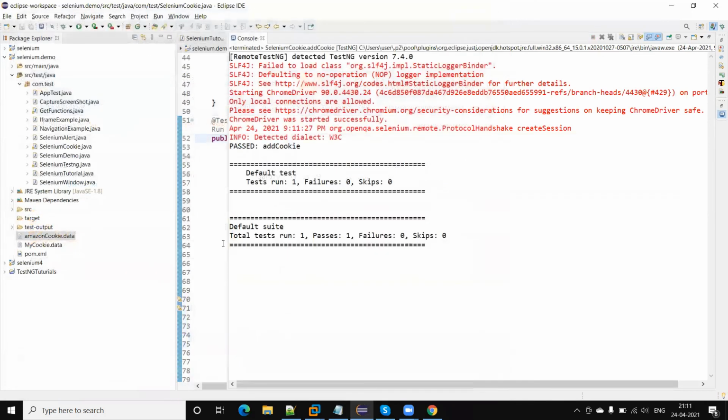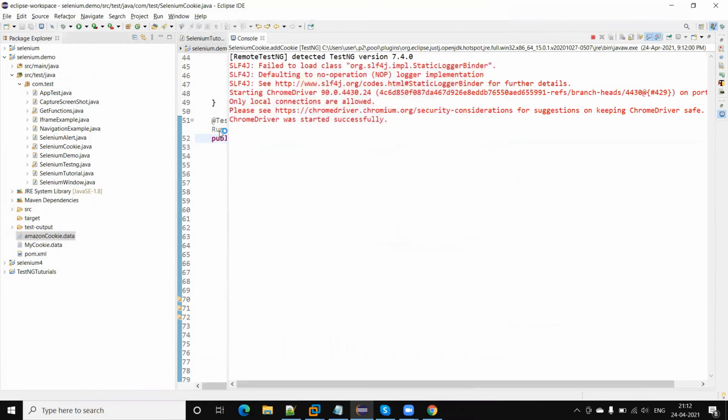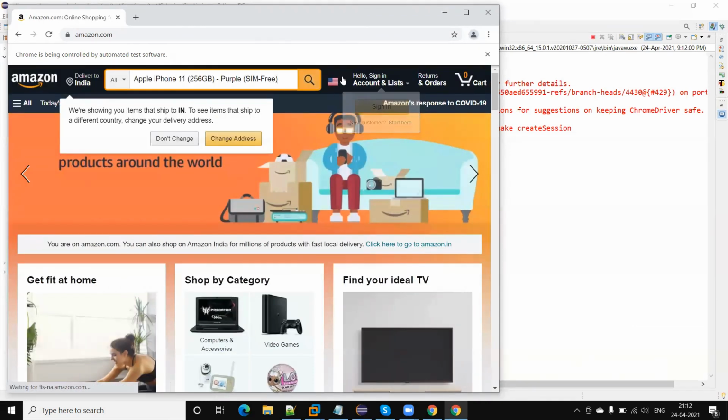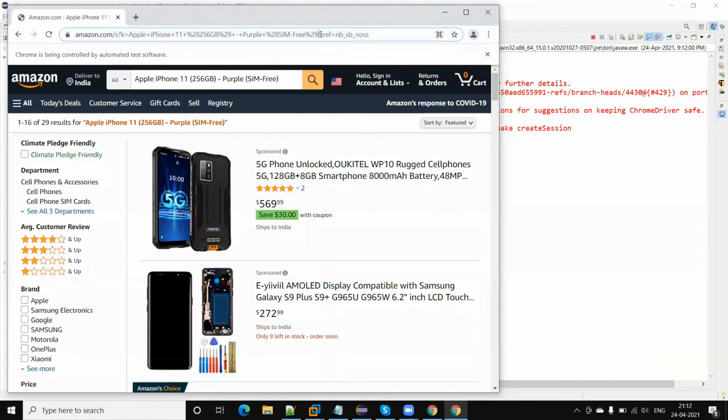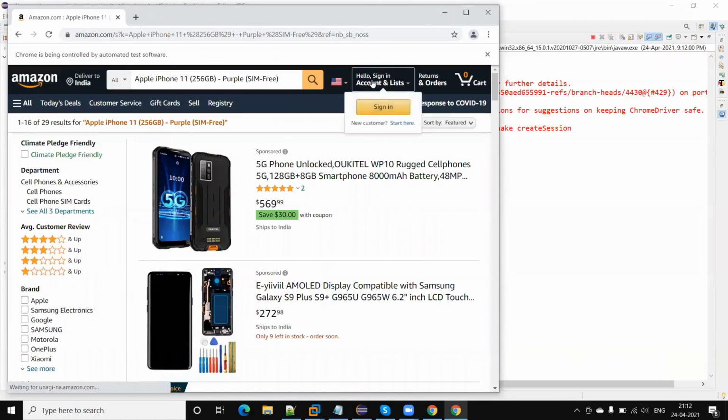Let me show without adding the cookie, whether that will work or not. Okay. So I'm not adding the cookies and now going to run. In that case, you will not see the user is logged in. Yes, so if I refresh this you can see here name is not coming, just hello sign in.